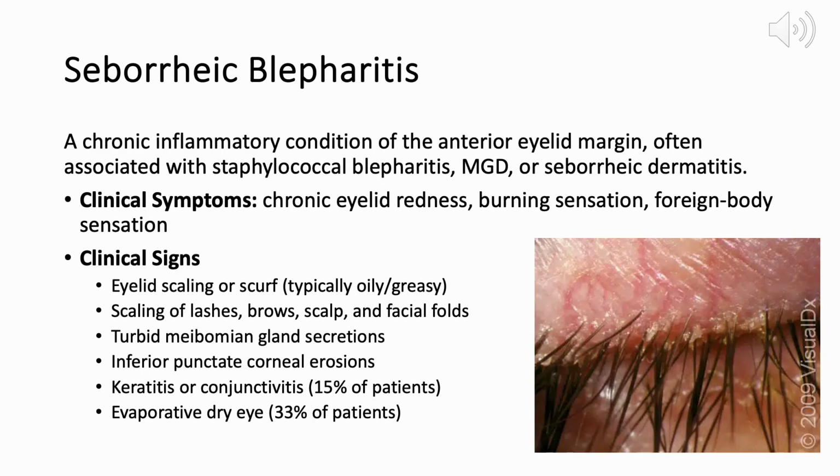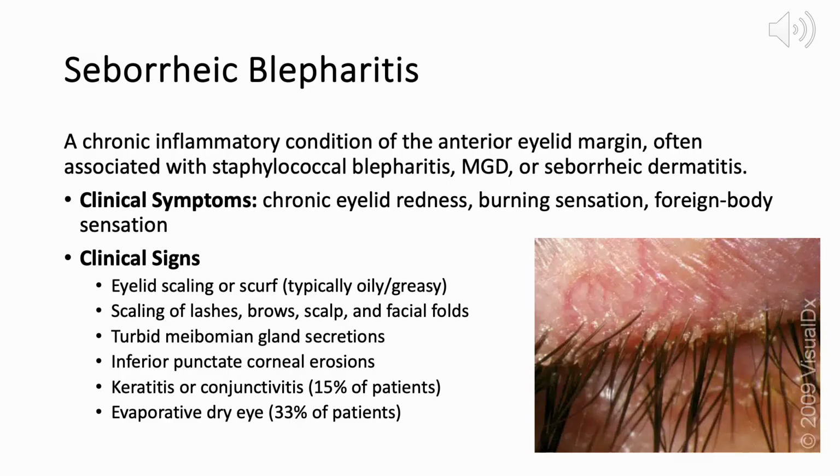Seborrheic blepharitis is a chronic inflammatory condition that affects the anterior eyelid margin. It often overlaps with staphylococcal blepharitis, meibomian gland dysfunction, or seborrheic dermatitis elsewhere on the face or scalp. Patients typically report chronic eyelid redness, burning, and a foreign body sensation. On exam, key clinical signs include eyelid scaling, or scurf, which is usually oily or greasy in appearance, scaling of